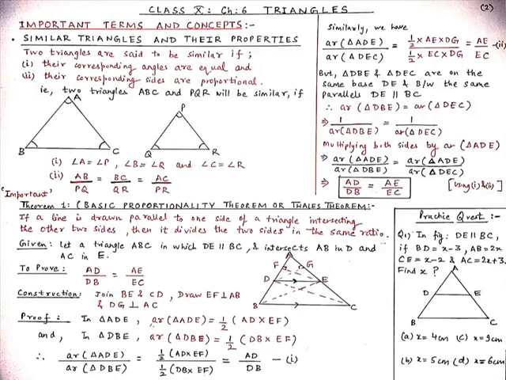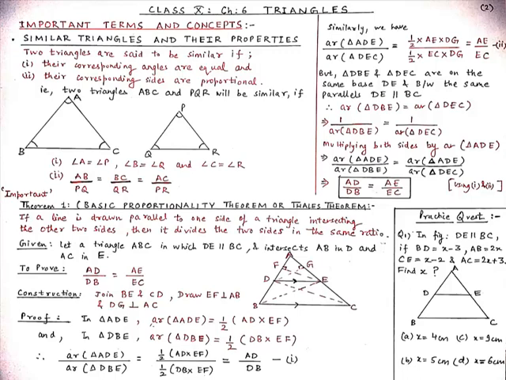Similarly, students, we will consider triangle ADE and triangle DEC. Here we take the ratio of these two triangles. From here we get area of ADE upon area of DEC equal to half AE into DG upon half EC into DG, as here also the corresponding height remains the same. So students, from here we get AE upon EC.